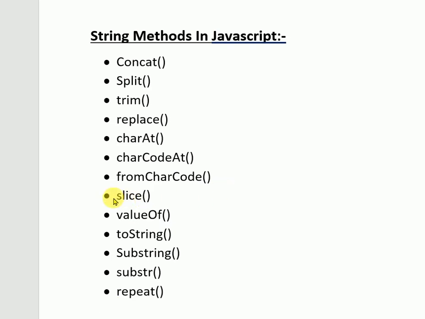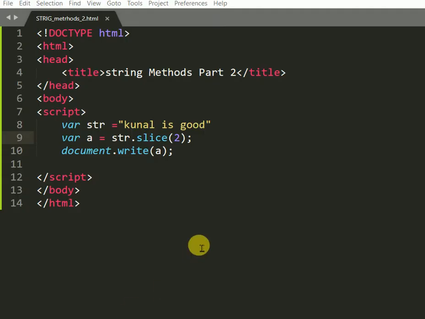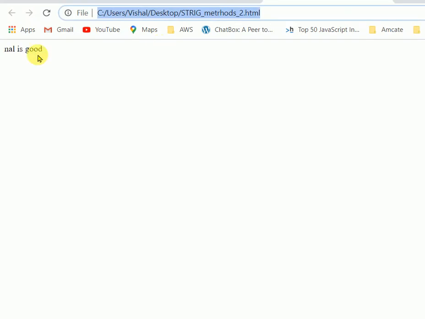Now we will see slice. We understand it with an example. Here the string is Kunal is good. I pass 2 here: 0, 1, 2. So the output will start at n and end at d. It will print starting from n to the end. We will see that. Here we got the correct output.